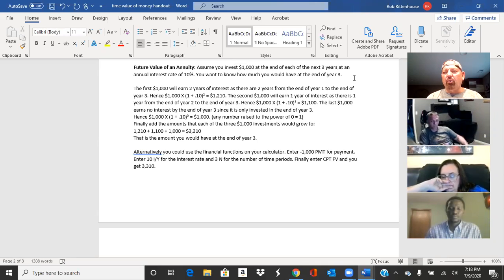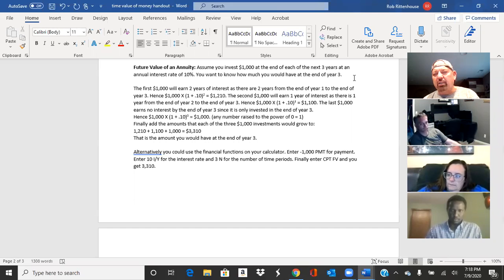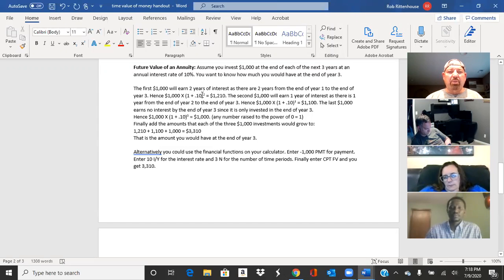With an ordinary annuity, the payments come at the end of each year instead of at the beginning. Okay. So if your first amount is invested at the end of year 1, by the end of year 2, it's earned 1 year of interest, and by the end of year 3, it's earned only 2 years of interest. Okay, and then the amount invested, so 1,000 times 1 plus your 10% interest rate raised to the second power because it's earning 2 years of interest